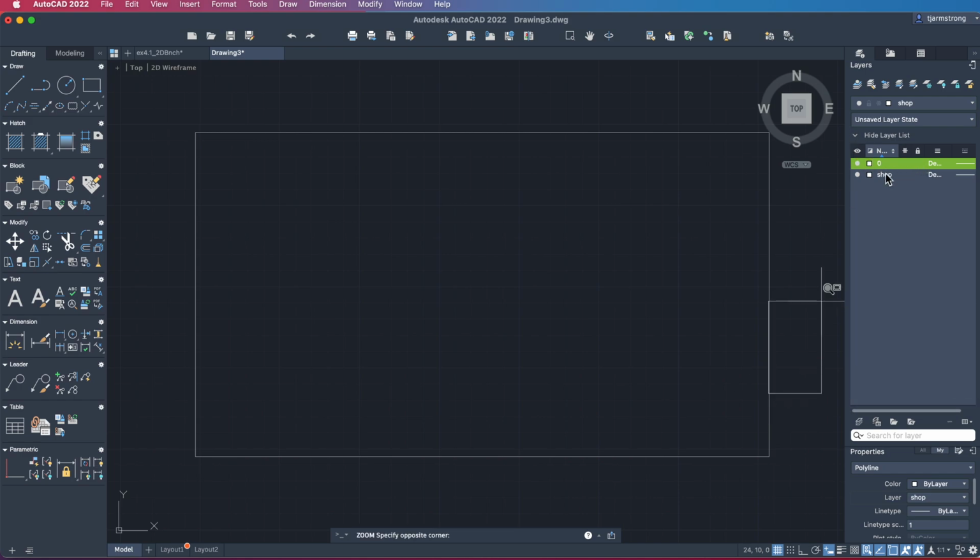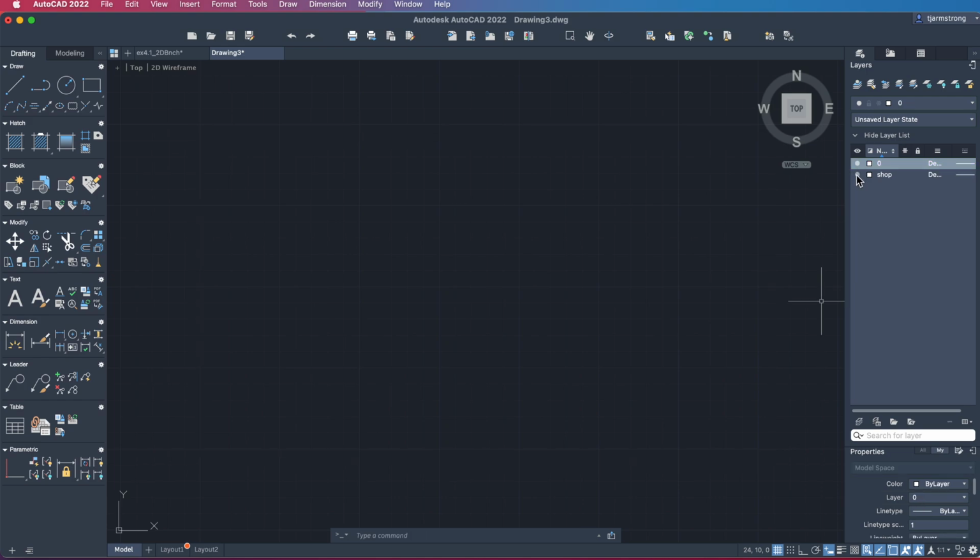Well, actually what I'll do is I'll come up here, hit escape. I'm going to hide the shop layer and see if it disappears, and it disappeared. Okay, that's great. Okay, so the next thing I'm going to do is create my conveyor, and we're going to